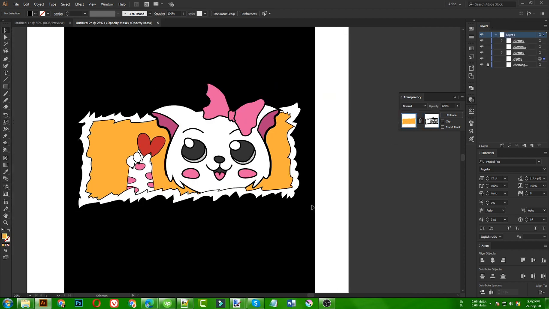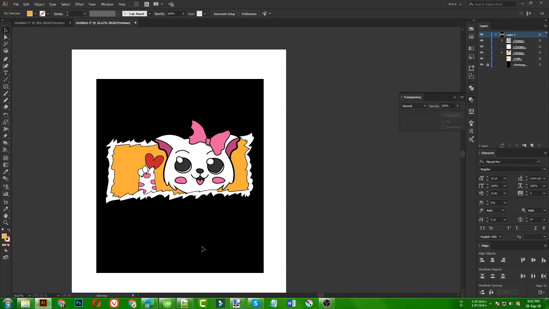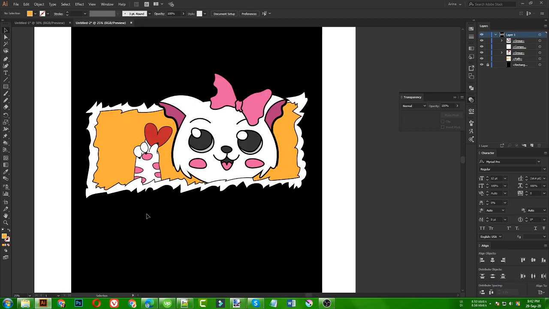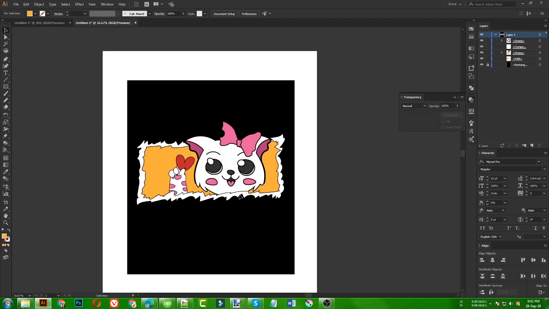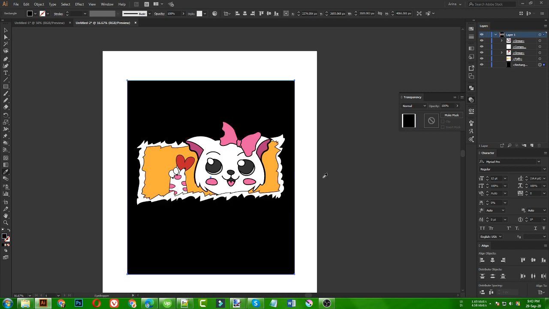So guys, this is what the final design is going to be, because this is the plan. I was thinking to make this design just like this, because I wanted it to look like this cat is looking inside this t-shirt area. So that is the final design for me. Okay, maybe if I just make it yellow, that is not looking good.